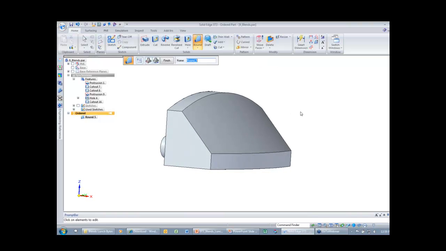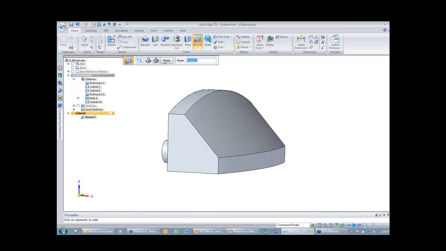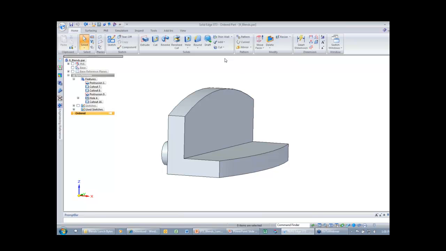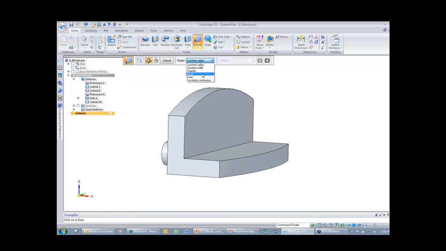You can get a pretty complex shape just by doing a couple of different options with the blend command. That's pretty neat. I'm going to go ahead and undo that. So we looked at chamfer. The next option we saw on the PowerPoint was the bevel option. So I'm going to go back into blend. The next option down is bevel, and I'm going to blend this face to this face again with a 40